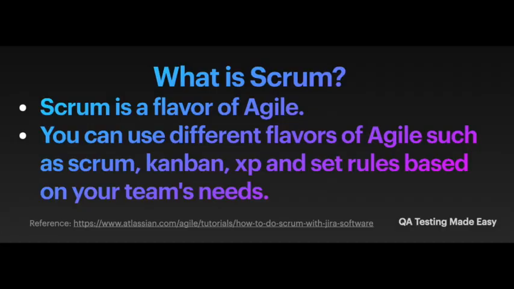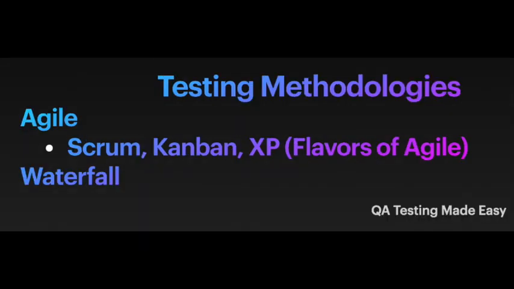Now moving on to Scrum. What is Scrum? Scrum is a flavor of Agile. Think of it as your favorite candy. Mine is Kit Kat. Kit Kat has many flavors: chocolate, apple, strawberry. There is even a weird one, purple sweet potato. Kit Kat also comes in different sizes. So Agile is an overall framework, or you can say Agile sets certain standards. From there, you can use different flavors of Agile such as Scrum, Kanban, XP, and set rules based on your